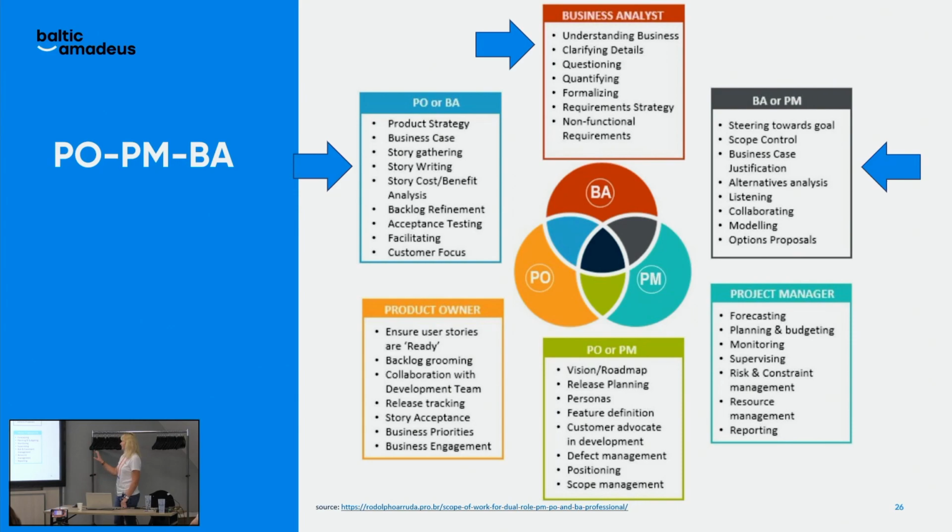You don't have to read everything that is displayed here. I just wanted to show a big picture and overview, that sometimes, especially in small projects, roles can be hybrid, or the business analyst can also do product manager work, or the product owner is also doing business analyst work. So there are possibilities and different ways these roles work together, but I want to point out the project manager's tasks,